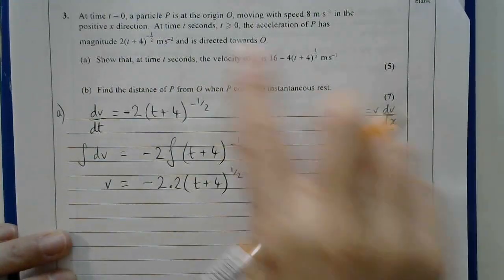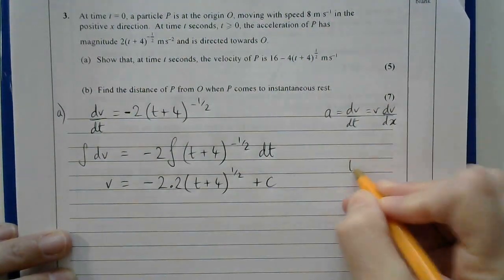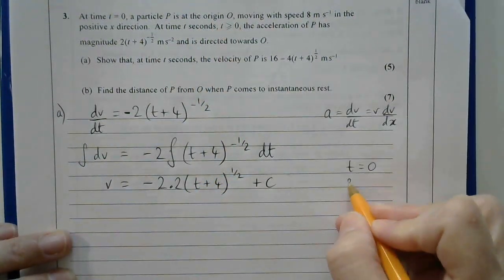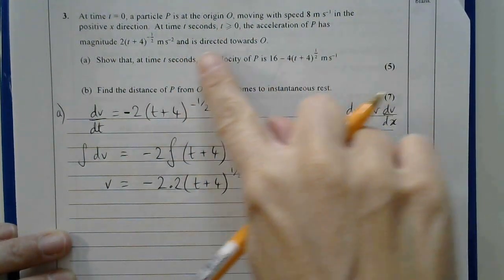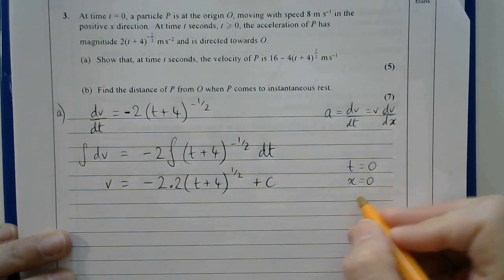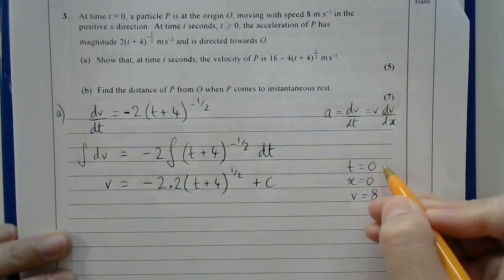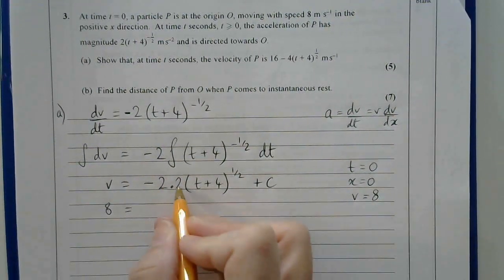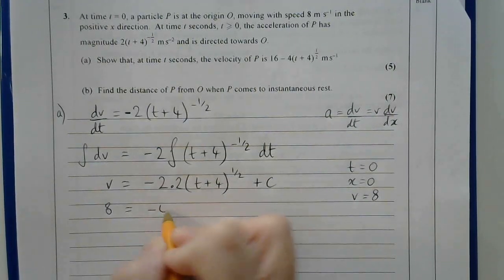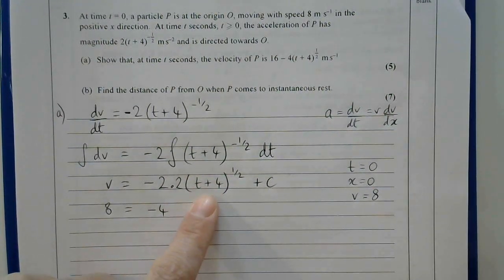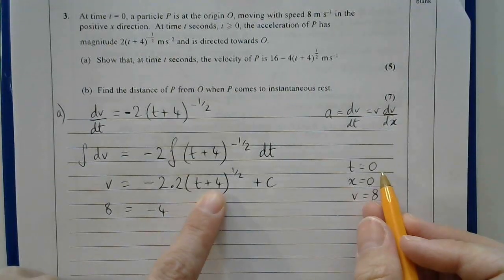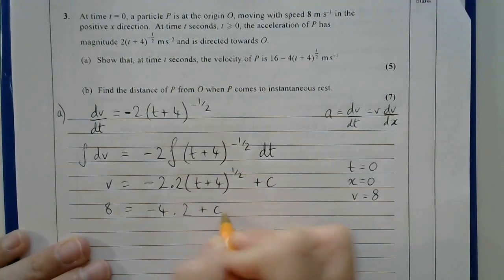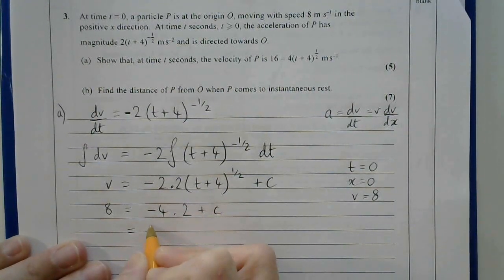So looking at the top of the question, they told me when t is 0, P is at the origin, so x is 0. That doesn't help me here. Maybe it will later on. But v is 8. So popping in t is 0 and v is 8 into here, I get 8 is negative 2 times negative 2, which is negative 4. Here I end up with 0 plus 4 to the half, so 4 to the half, which is 2, plus c. So I end up that c is